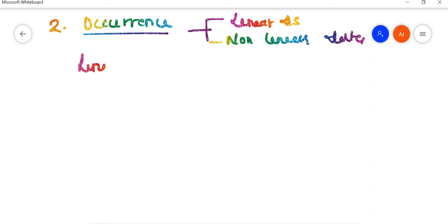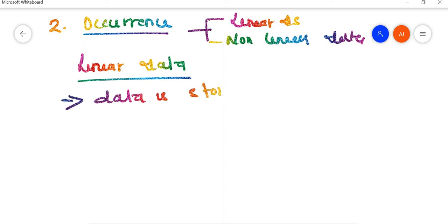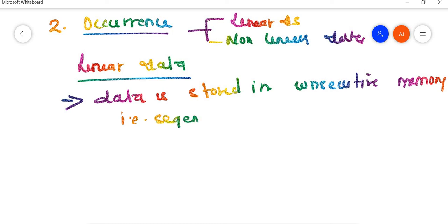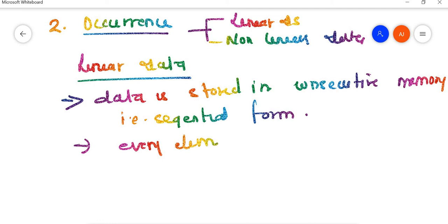Let me write for you. In a linear data structure, data is stored in consecutive memory. If you don't know the meaning of consecutive, it means one after another, that is, in sequential form. Every element has a unique successor and predecessor.